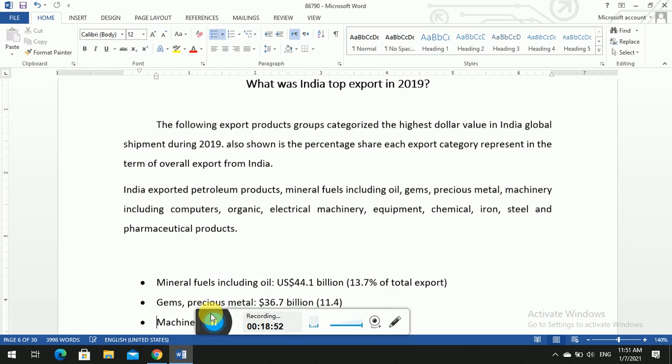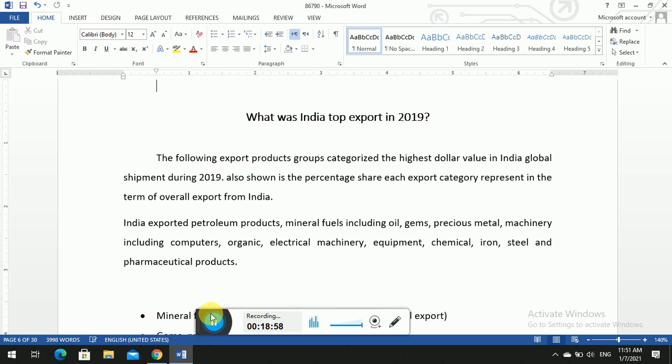So now let's come to what India's top exports were in 2019. The following exports: they have exported minerals, computers, organic products, machineries, equipment, iron, and pharmaceutical products. We all know that in Afghanistan some companies are importing pharmaceuticals, for example medicine, and machineries from India. Even in some parts they were good in the textile industry, but nowadays Bangladesh has taken over India in terms